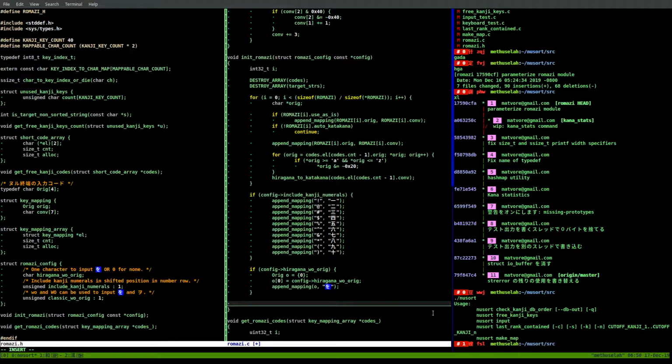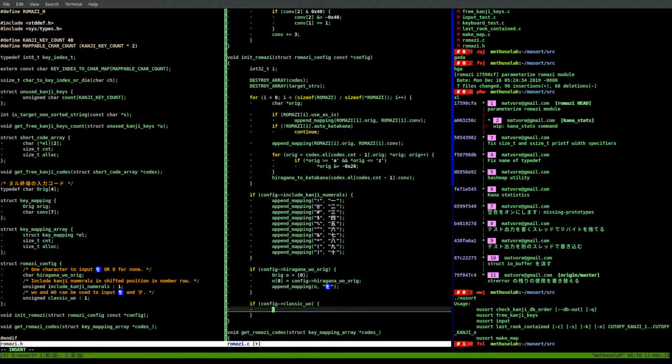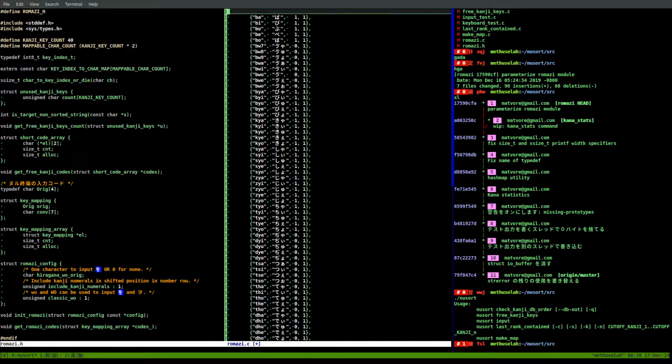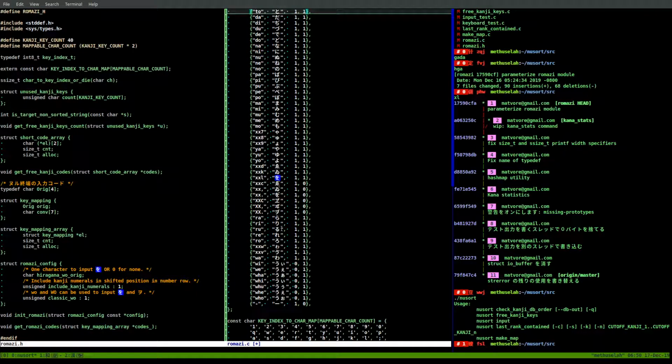Then we have classical, if config dash classic. Well, let's remove the orig here. Classical, then do append mapping. And I wonder why I didn't actually make WO for katakana mean, so I had it such that